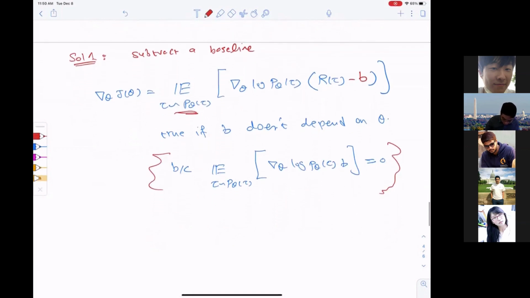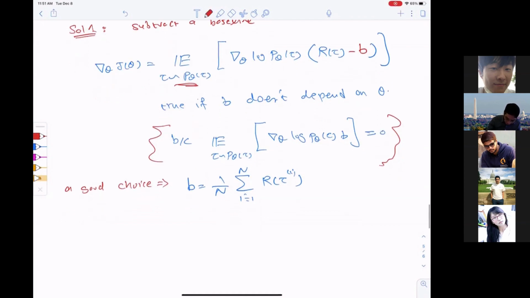So one good choice in practice is just to generate n trajectories, look at their associated rewards, and have B be the average of those rewards, so subtract it from those n rewards that you have to make them zero mean. In that case, my B would be just the average of the n rewards that I observe from different trajectories. So it's a good choice. It helps in practice to reduce the variance.